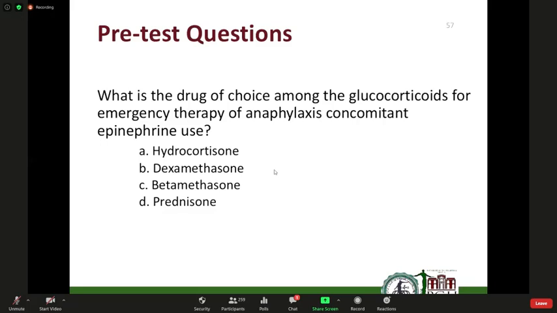Okay, so the correct answer is hydrocortisone, which the greater majority of you got. You would like the mineralocorticoid effect of hydrocortisone because typically in anaphylaxis, they will be going into hypotension as well because they're vasodilated. All the steroids potentiate the effect of epinephrine, but you would prefer the rapid-acting drugs with mineralocorticoid